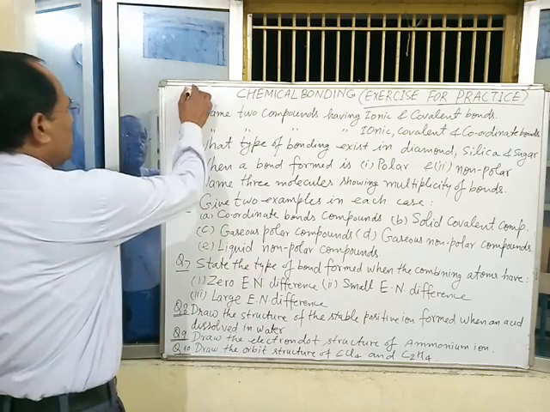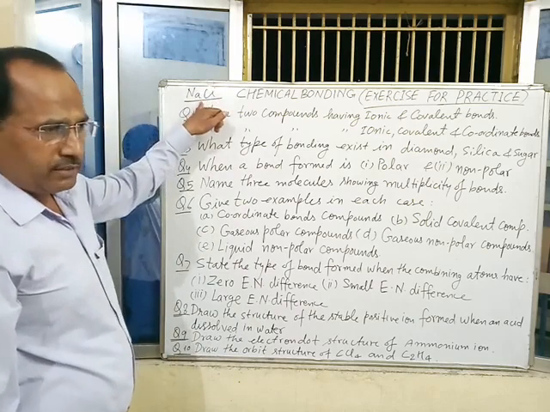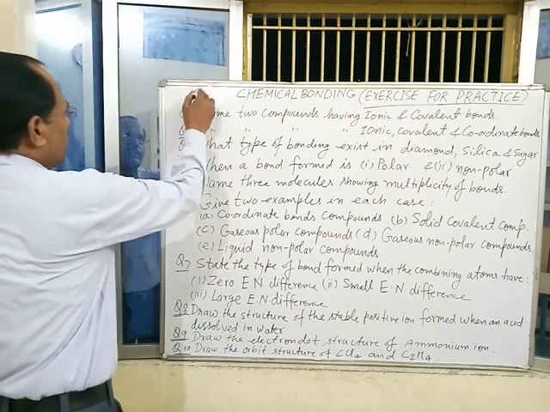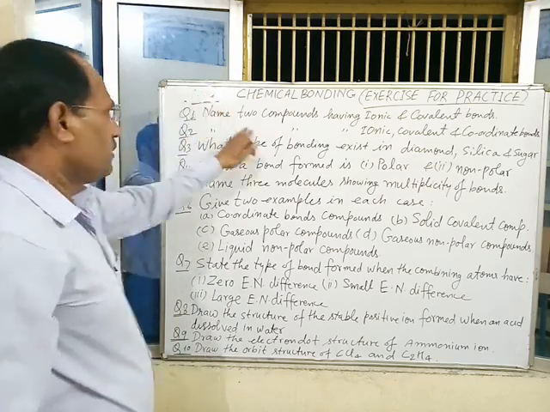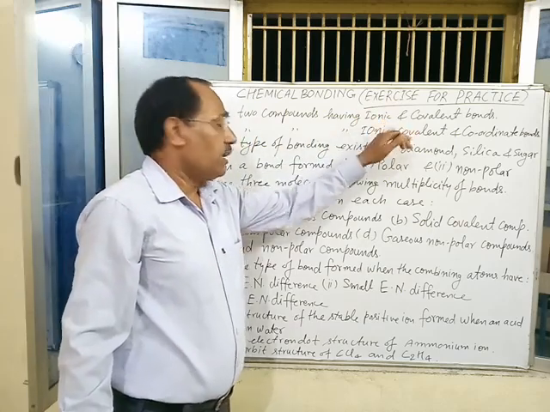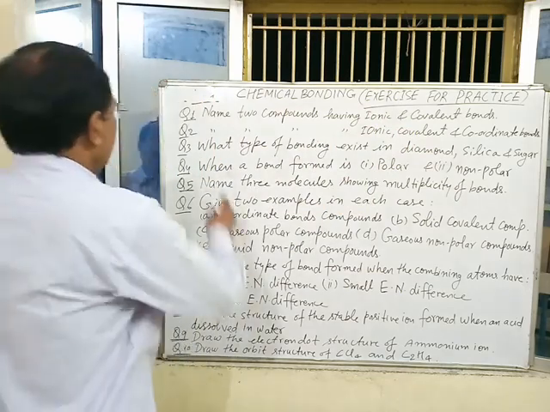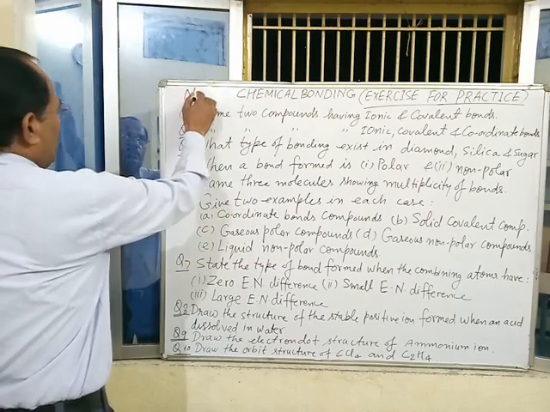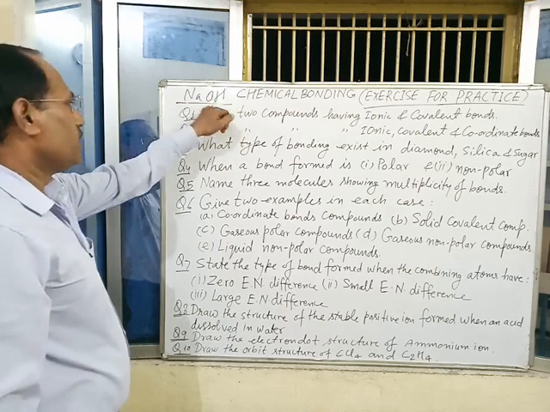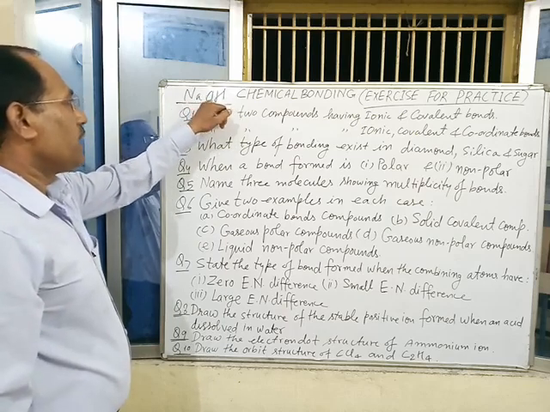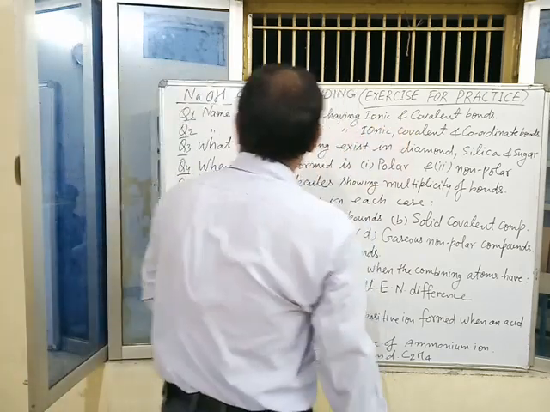Your answer NaCl is incorrect, because in this compound only ionic bond is present. HCl is incorrect, because only covalent bond is present. You have to write such compounds in which ionic as well as covalent bond, both types of bonds, are present, like NaOH. In NaOH, between Na and OH ion, ionic bond is present, and between O and H, covalent bond is present. This type of compound you have to write for this answer.